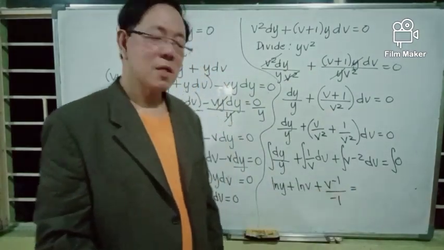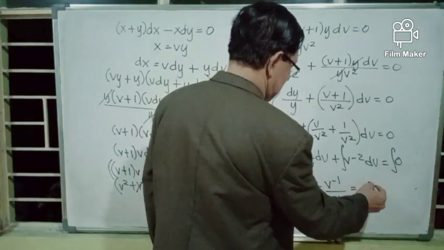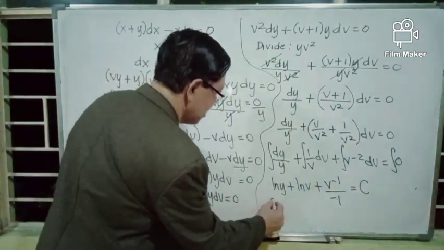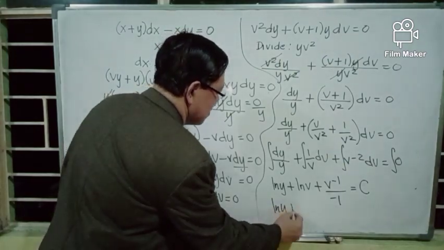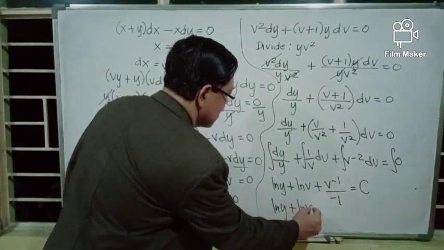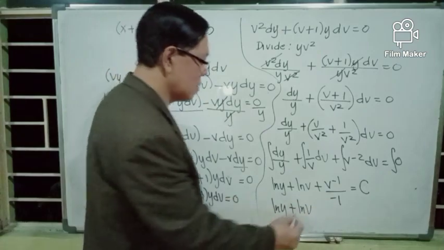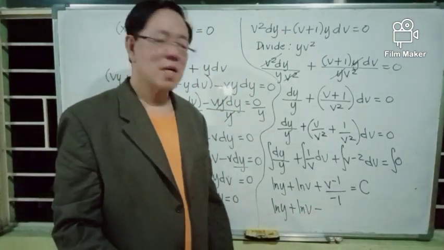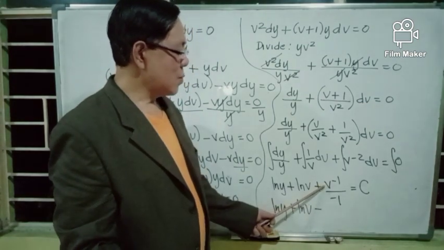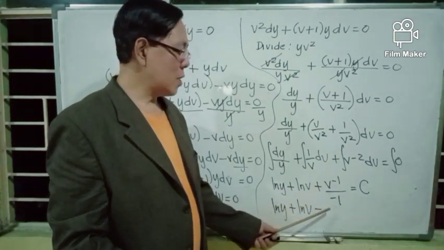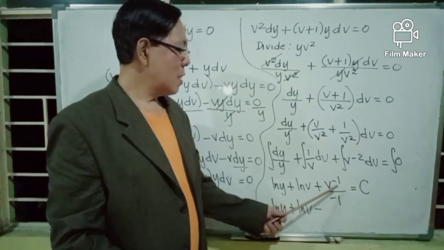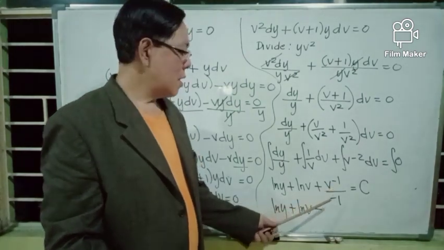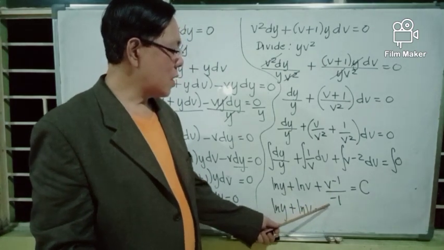The integral of 0 is a constant, or ln of y plus ln of v. Positive times negative is negative. Now in the final answer, we remove all the negative exponents. Hence we take this v to the negative 1 to the denominator, and we take the opposite sign of negative 1. And we get ln y plus ln v minus 1 over v